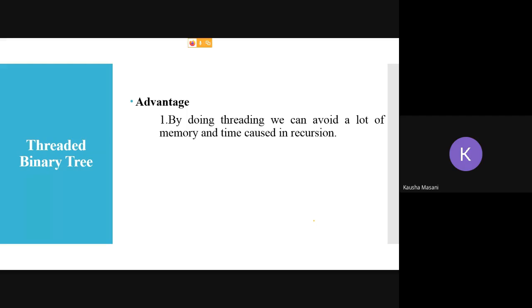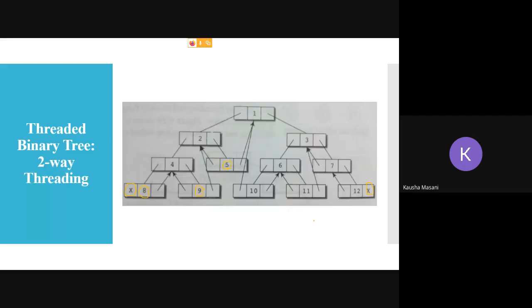Now if you have a thread which is directly pointing to another node, see here, for example, I have a thread from my leaf node directly pointing to the level 0 node. So I don't have to backtrack, go to the parent node, then to its parent node, and then to the root node.